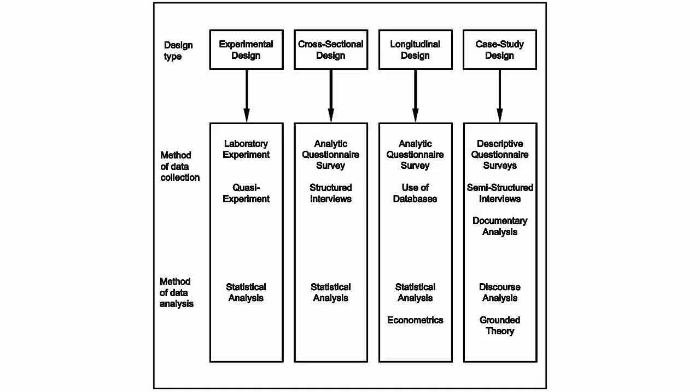To show you what kind of methods can be used for each research design discussed previously, I have chosen this graphic representation. So for experimental designs, the appropriate methods of data collection include lab experiment and quasi-experiments. Now, you may remember that I said in social sciences, hence accounting and finance, it is very improbable that you will be able to use lab experiments, or that indeed you will even need to use lab experiments, because most experimental design studies in our discipline use quasi-experiments,